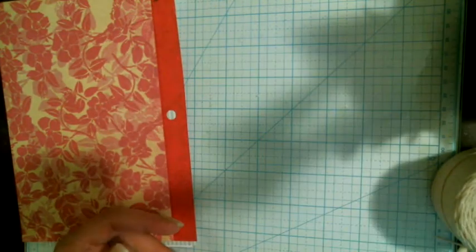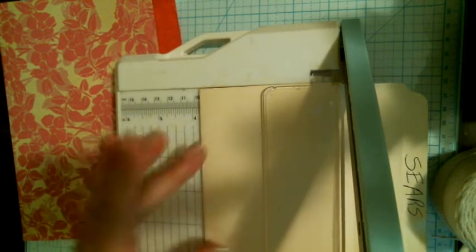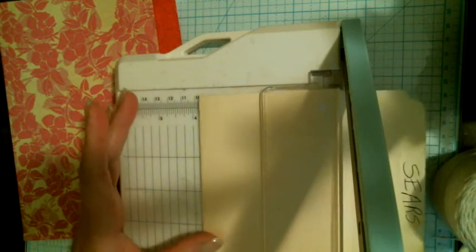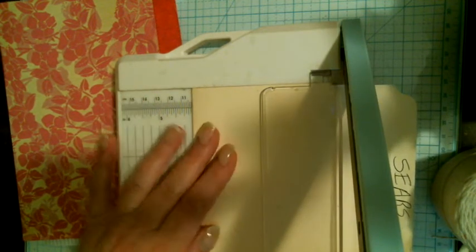Okay, I had already cut out some manila folders that I had, but I'm gonna do it on here so she can see the process. Anything, cereal box, anything will do. Okay, we're going to make this one, I believe,